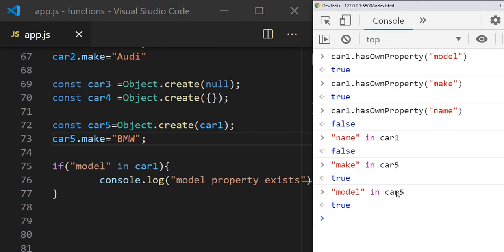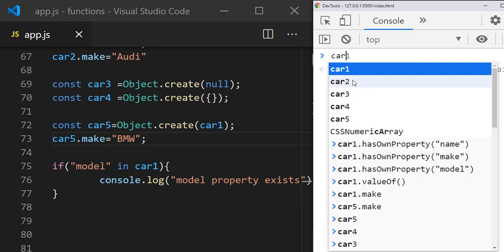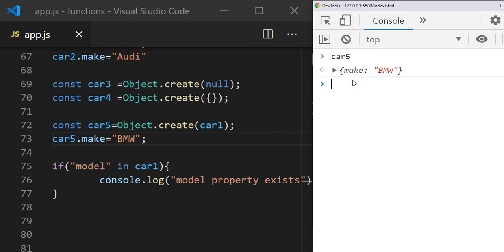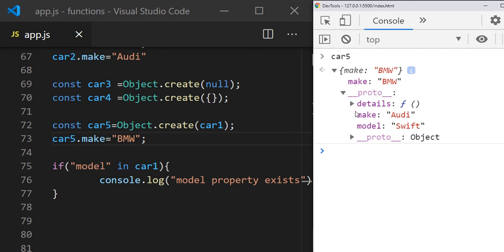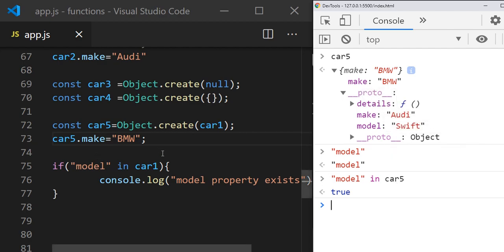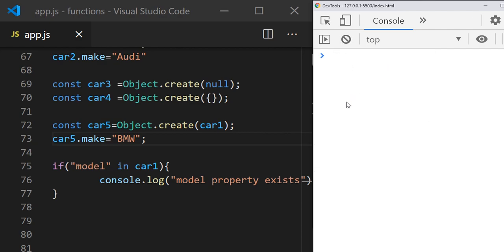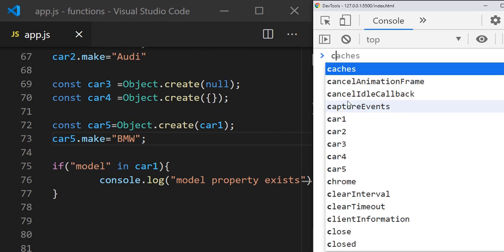Because car5 is inherited from car1. Print car5, you can see only make, but it is inherited from car1, which has make and model, so that is why it is showing true. When you type model in car5, it gives true because car5 is inherited from car1, and car1 has the property called model.